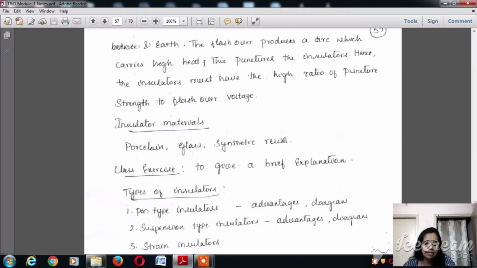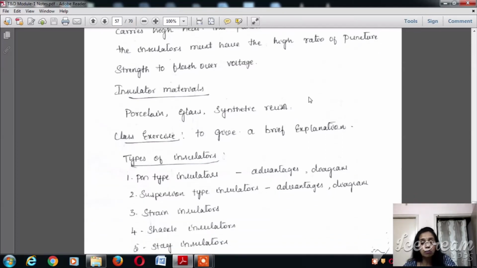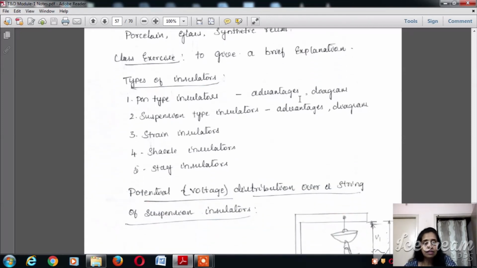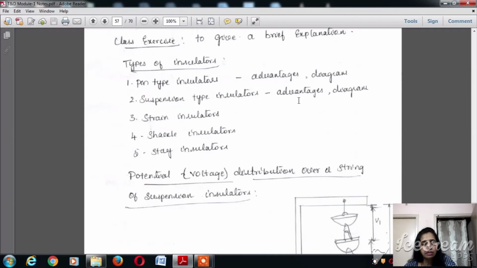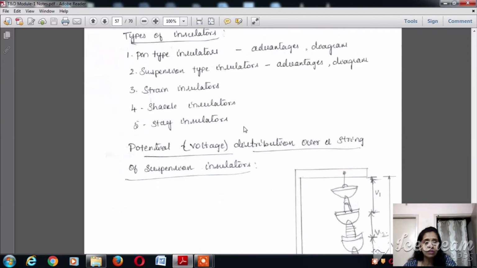There are certain materials which are more suitable for insulation. The most suitable materials for insulators are porcelain, glass, and synthetic resin. That is the type of insulators we have studied, made with different types of materials. So far we have seen the insulators with ceramic material, that is the pin type of insulators. There are different types of insulators: pin type insulators, suspension type insulators,